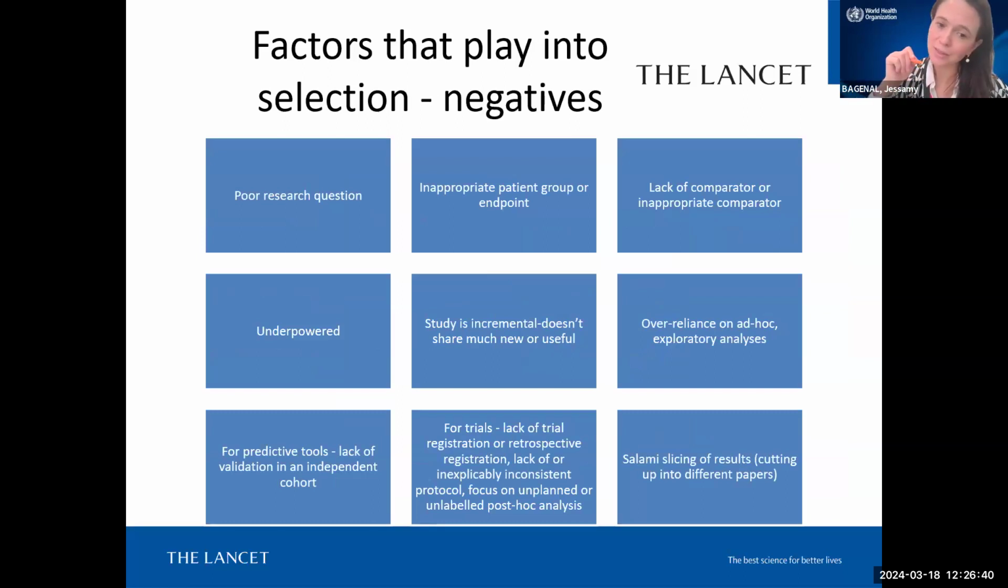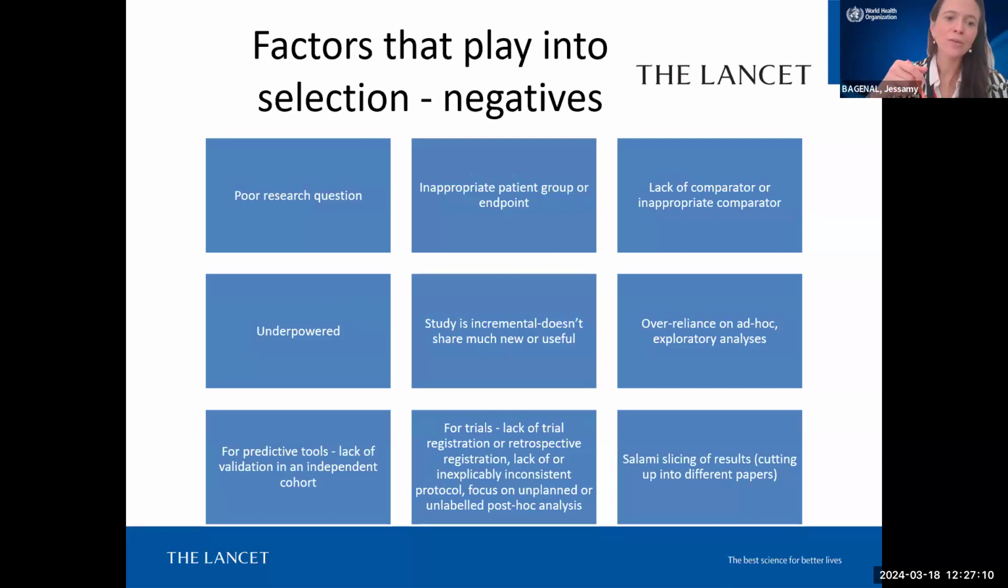If it's underpowered, it's obviously very difficult to draw conclusions from. That's not necessarily an immediate no, but it would have to be quite a special paper with a real relevance to general medicine and some interesting findings for us to pursue it. If the study is incremental and doesn't really share any new knowledge, then that's probably something we wouldn't be interested in. If there's an over-reliance on an ad hoc exploratory analysis,